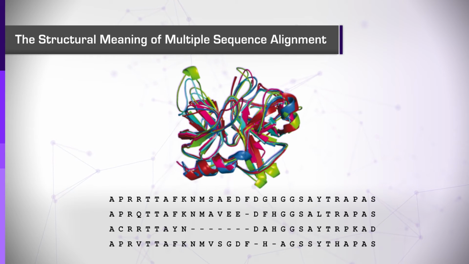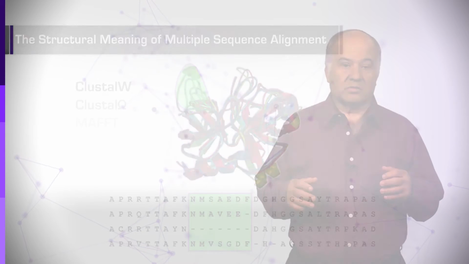Let's look at the following example. All the molecules remain continuous, but when we have gaps in the alignment, it usually means that the amino acids that exist in the regions where the other sequences contain gaps actually bulge and create loops or other structural motifs that are not present in the gapped molecules.